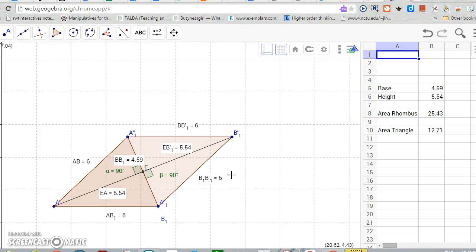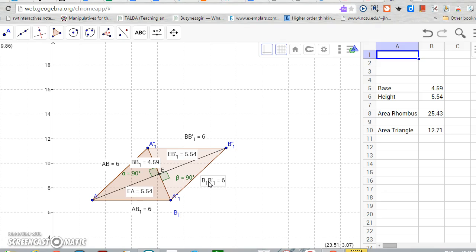We have the constructed parallelogram within the first quadrant of a Cartesian grid. We have constructed two congruent triangles within the parallelogram. We have measured some of the angles. We have the angles within the parallelogram that show the height. Remember, the height of a triangle is at 90 degrees to the base. We have the base measurement of 4.59, the height measurement of 5.54, and thus the calculated area of the triangle